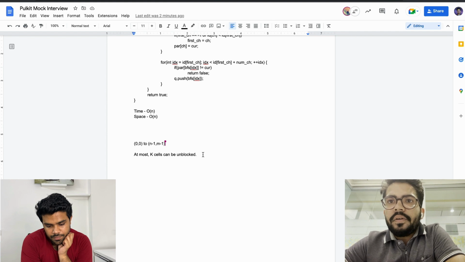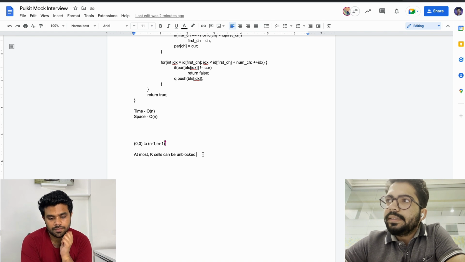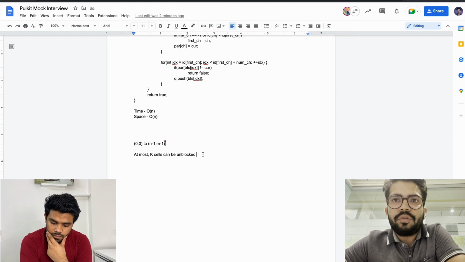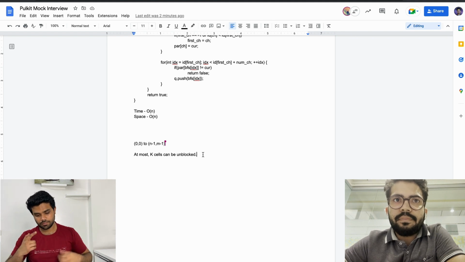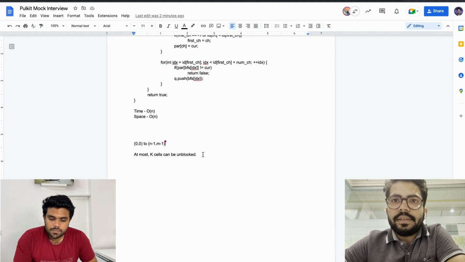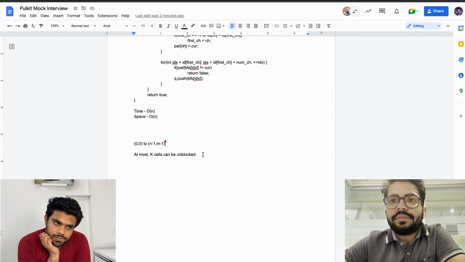Here I'm thinking, what if I want my shortest distance to be at most x, for example. At least how many cells do I need to unblock? If I'm able to answer that question, it seems to me that binary search is something we can think of, because there is a monotonicity: whenever I'm unblocking more cells, the shortest path is going down.